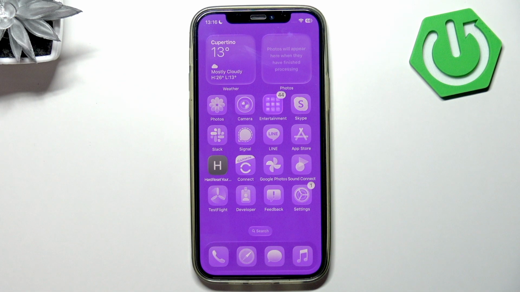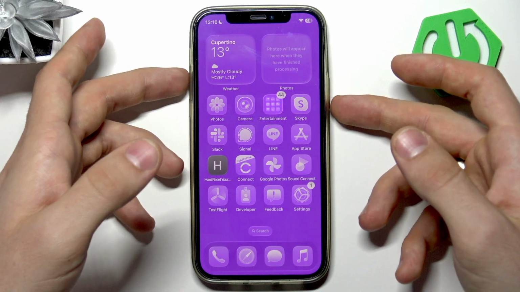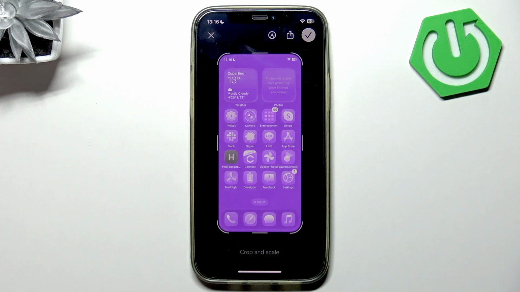So firstly, let's talk about all methods to take a screenshot on iOS. Basically, here we have the same situation as on iOS 18. We have no new methods to take a screenshot. To take a screenshot, you just should press the power button and volume up button together, and here you will see our new full screen preview mode,